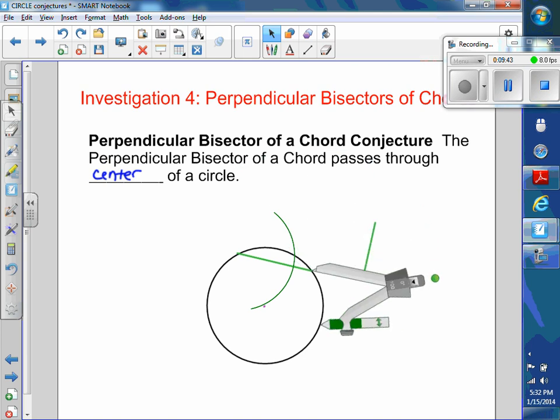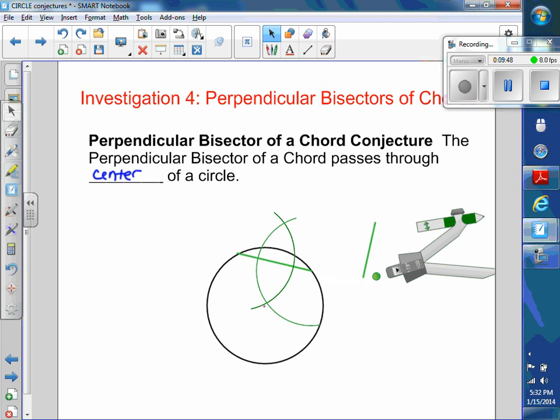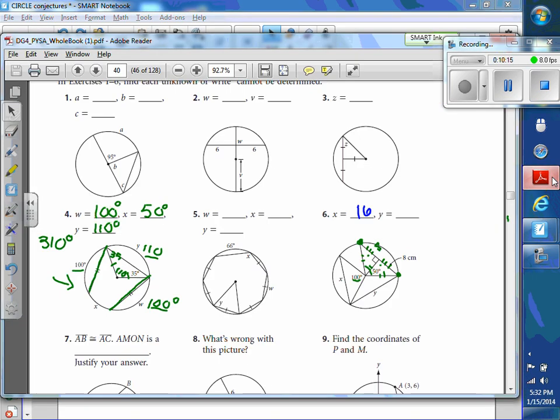So let's see what happens here. Now if I take a straight line tool and extend it through the other mark, it just about goes through the center of the circle. So the perpendicular bisector of a chord, if this is a perpendicular bisector, it should pass through the center of the circle. So the big thing today was using these concepts in homework,